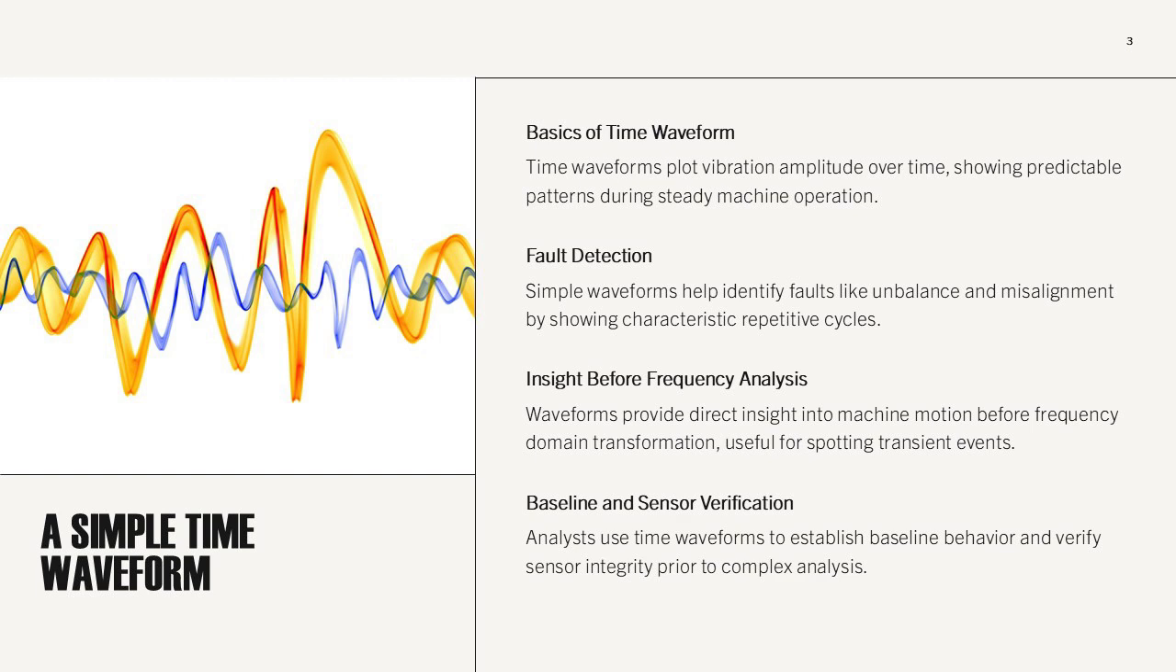The waveform provides direct insight into the machine's motion before any transformation into the frequency domain. It is particularly useful for detecting periodic forces and confirming machine speed. Unlike a spectrum, which breaks down vibration into frequency components, the time waveform shows the actual sequence of events, making it invaluable for spotting transient conditions or sudden changes in amplitude. Analysts often start with a simple waveform to establish baseline behavior and verify sensor integrity before proceeding to more complex